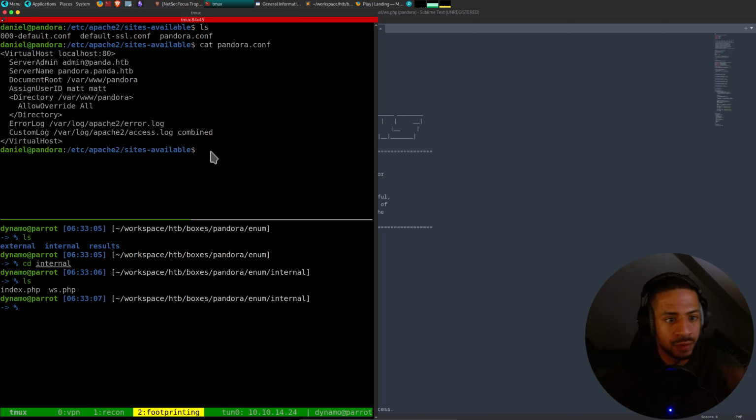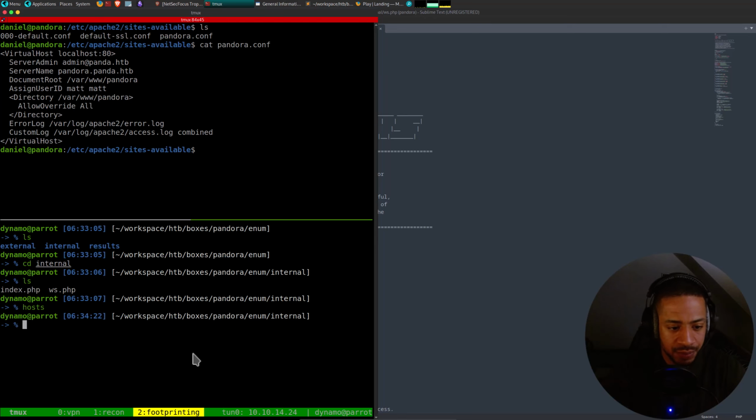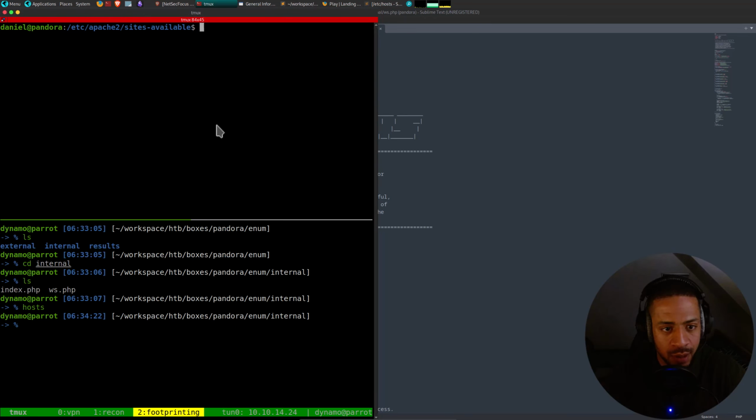Okay, Pandora conf. So, we've got a server, admin panda HTTP, server name panda HTTP, pandora.panda.htb, and on localhost 80. Interesting. Okay, so what can we do? First, we go on our host and we say we have a subdomain.